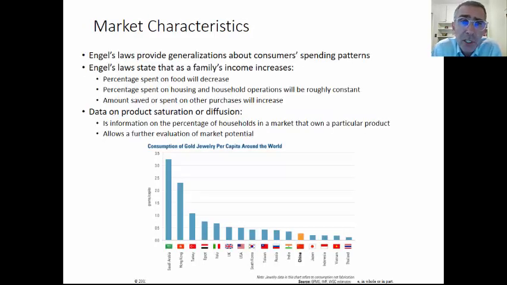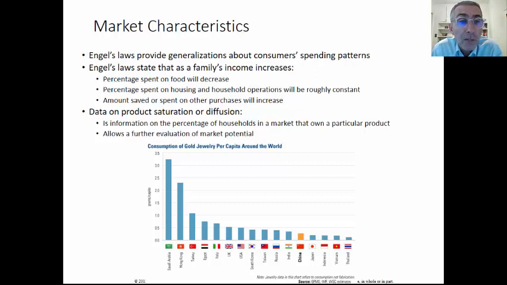Engel's law provides generalizations about consumer spending patterns. So here's how it works, right? It states that as a family's income increases, the percentage spent on food will decrease. Now, some of you might think, wait, are they buying less food? No, no, no. Remember, this is a percentage. Their income has gone up. It doesn't mean they're spending less on food. It's all relative as a percentage. They might be spending more money on food, but because they make more money overall, as a percentage, they spend